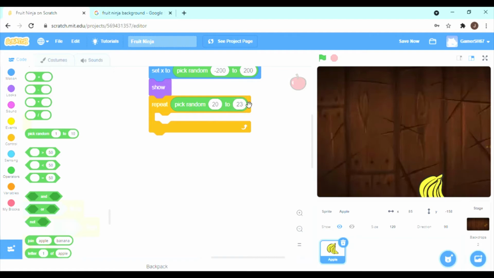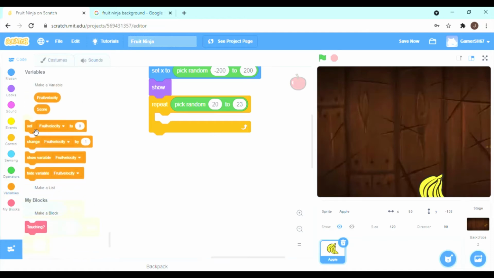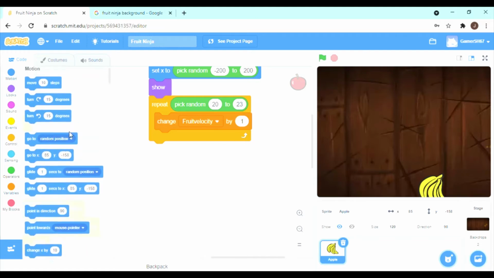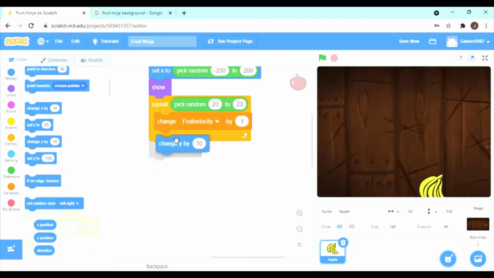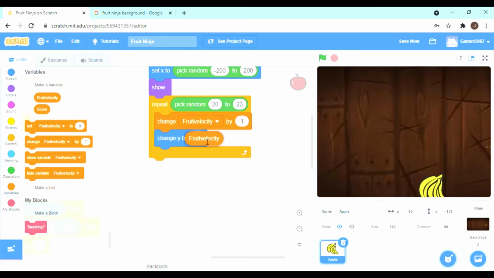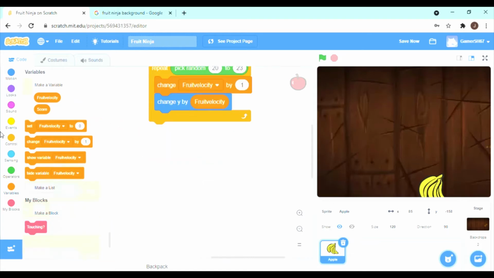Yeah, I think that will be decent. So then we'll say change fruit velocity to 1, and then say change y by fruit velocity. So now that we have this, we'll say change x